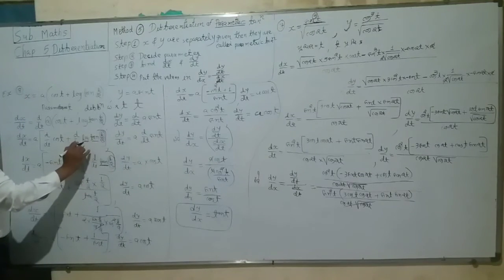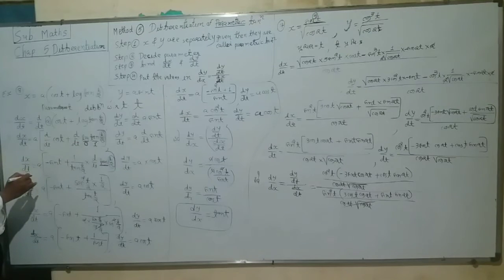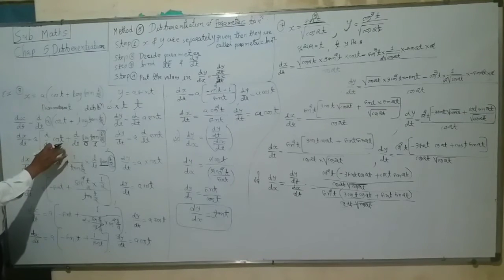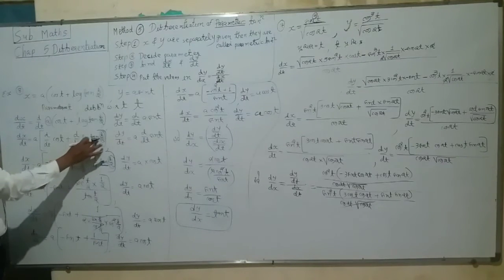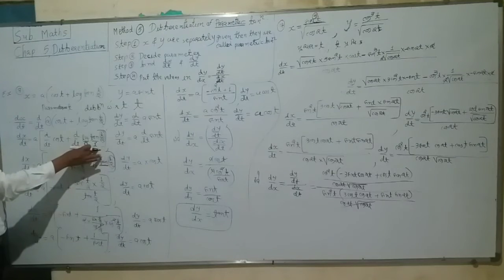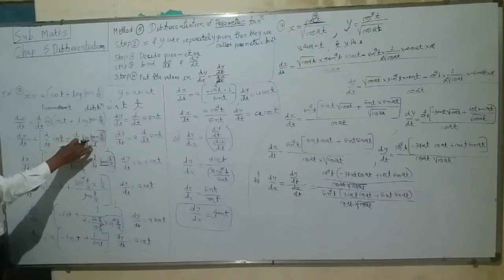Now log is the outer function and tan is the inner function. d by dt cos t, this is a pure function. d by dt cos t is equal to minus sin t. Now differentiation of log tan t by 2 is done according to the composite function. So for the differentiation of a composite function, decide the outer function and inner function. Do the differentiation according to the standard form of the outer function: d by dx log x is equal to 1 upon x.